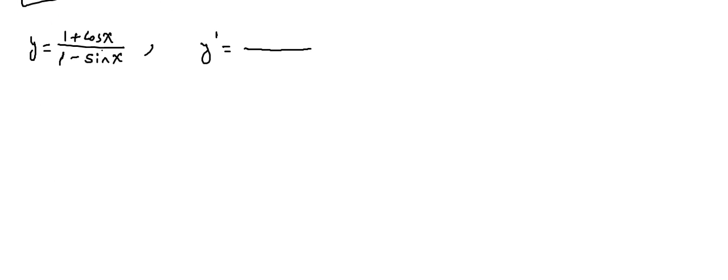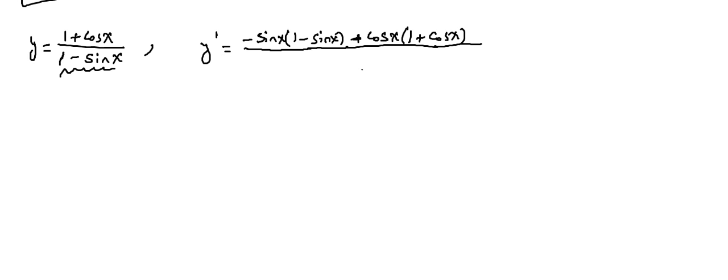it looks like u over v, so u prime v minus v prime u over v squared. Derivative of the numerator, derivative of cosine is minus sine x, multiplied with the denominator, which is 1 minus sine x, minus the derivative of the denominator. Derivative of sine is cosine, and we have minus, it's minus cosine, times this minus here, it's plus cosine x, multiplied with the numerator, over 1 minus sine x to the power 2,